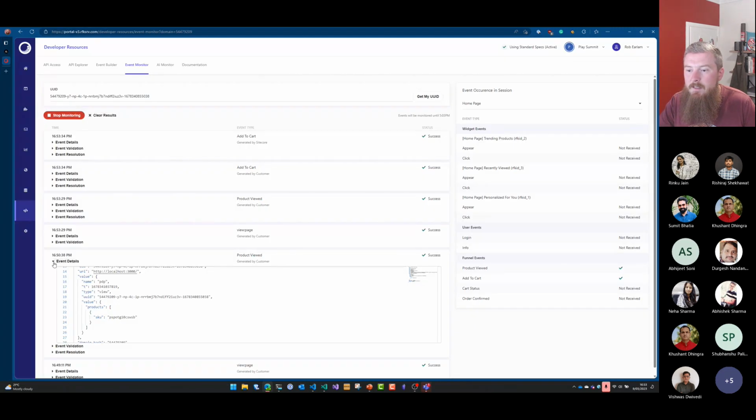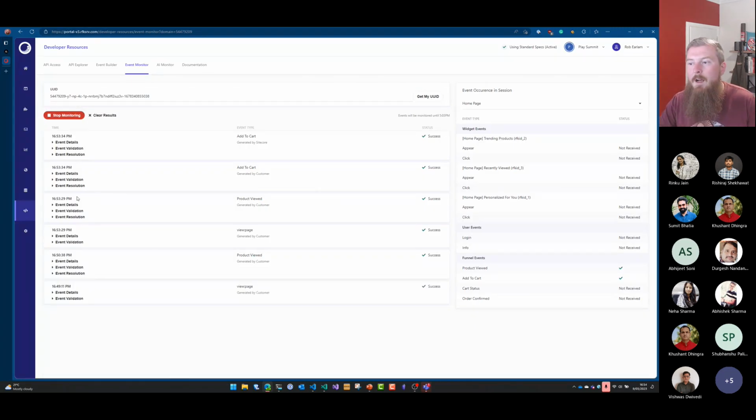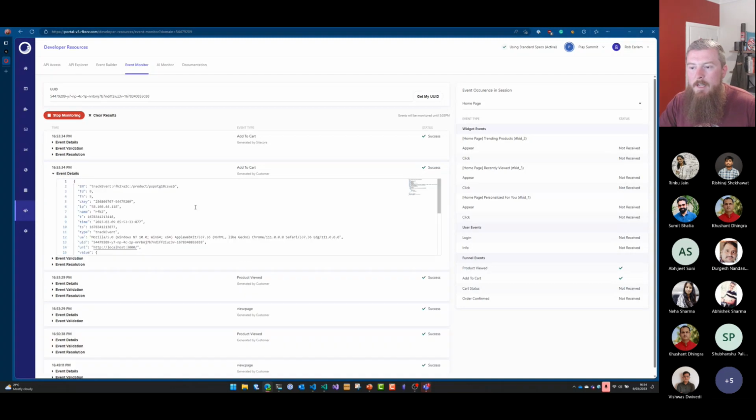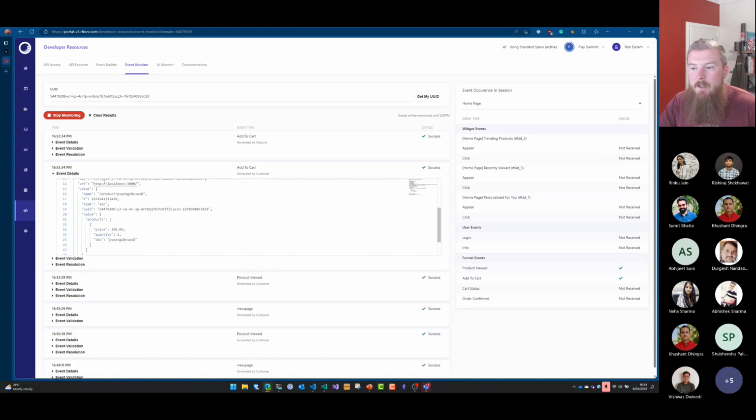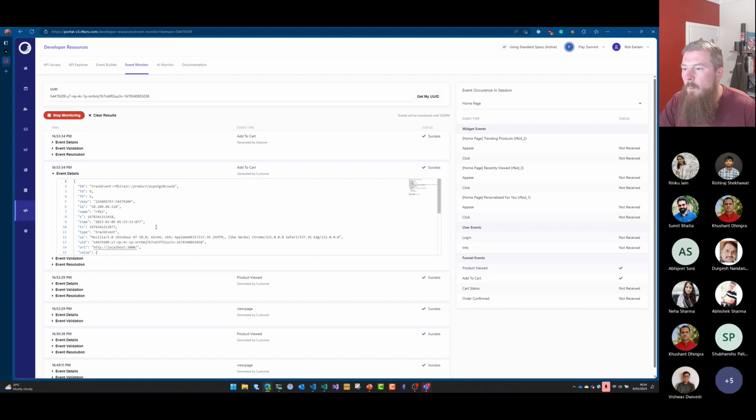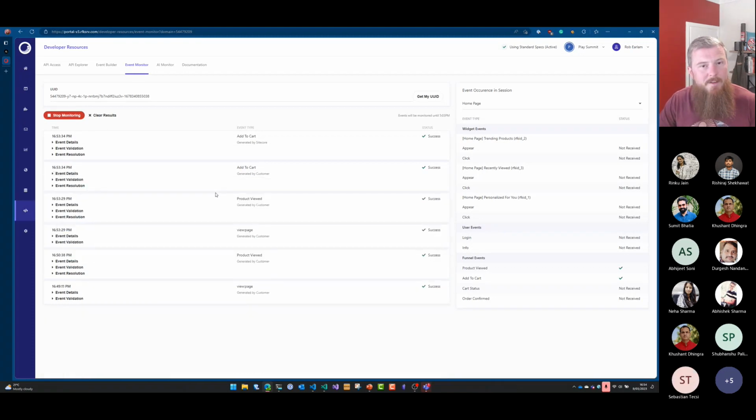So if we go back to the CEC, once more, we can see we get our add to cart events. So if we go and take a look in here, we can see the details of the event, all those values staying there. You may notice there's 2 add to cart records here, which confused me a little bit at first. So I asked the product team about this. And what happens with some events is they're added to a queue to be processed on the back end. So you can see this one says it's generated by the customer. And that basically represents the action of the add to cart event being added to the event queue in the